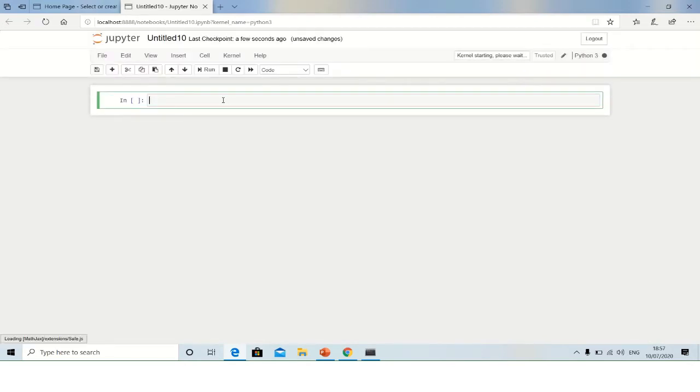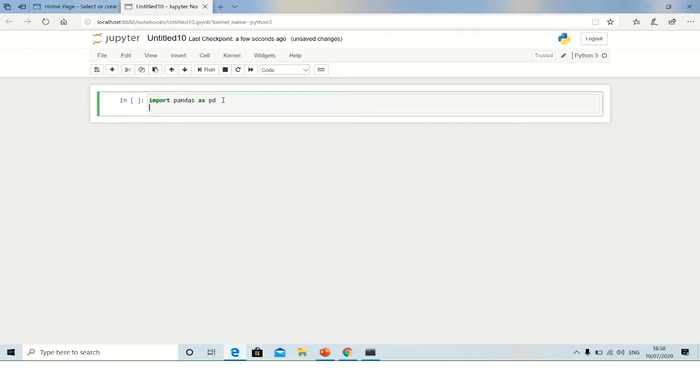I'm writing a small code: import pandas as pd. pd is the alias, the nickname I'm using here. Next, import numpy as np. Then arr equals np.array, where arr is the variable name in which I'm storing my array, with the values 10, 15, 18 and 22.